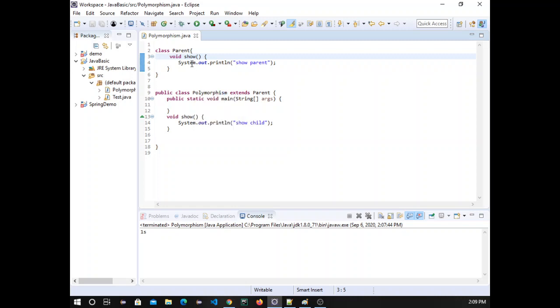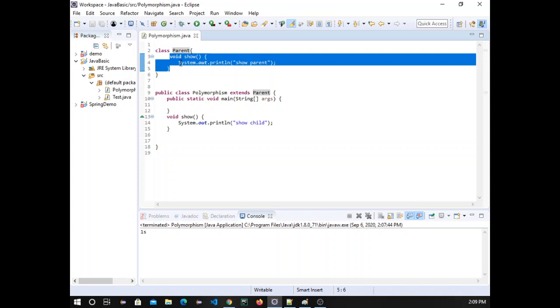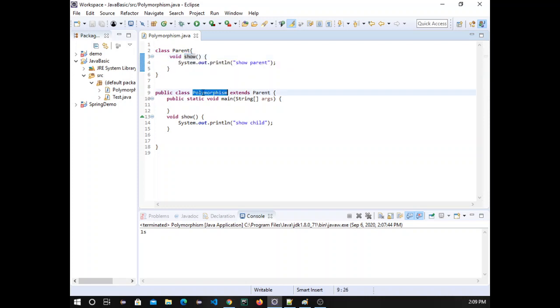So this is one class that has one method, the show method, and this is a child class extending the parent one, and this one also has the same method.